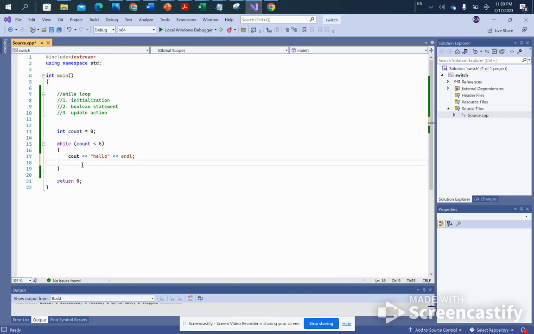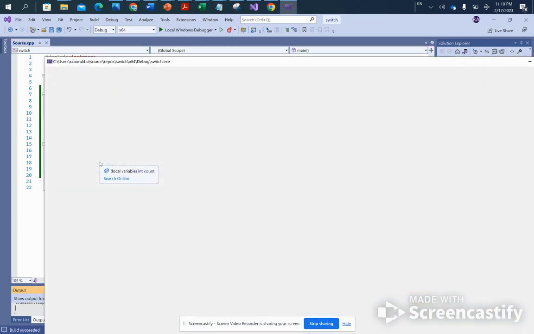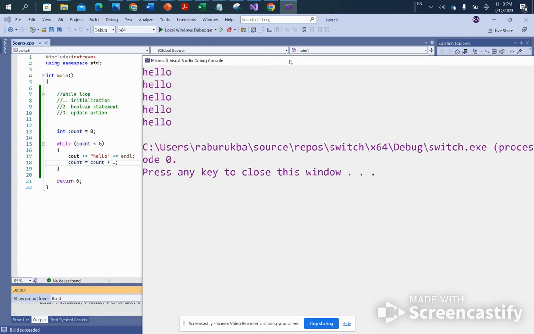How do I increment the value that I have in count? Well, if I do count equals count plus 1, this will allow me to update the value in count. If I compile and run this, I will get hello printed 5 times. Take a look.